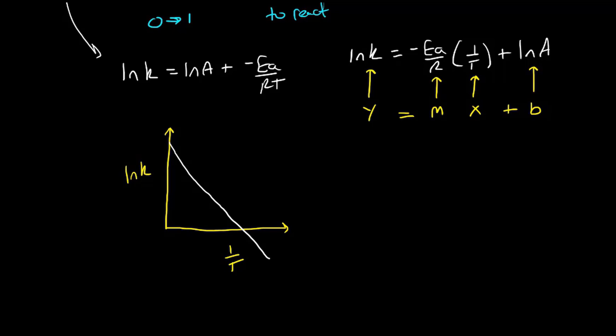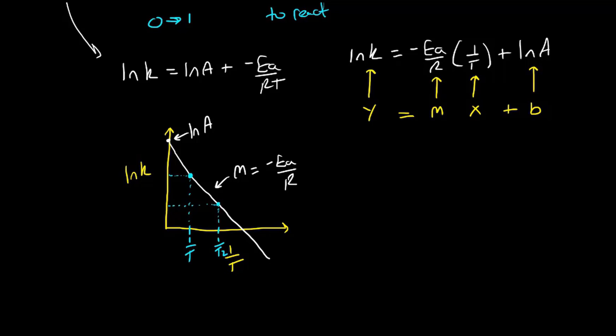Okay, and this y-intercept right here, where the line intercepts the y-axis, is the natural log of the pre-exponential factor. And the slope of this line then is equal to the negative activation energy over R. Right? So if you can measure the rate constant at two different temperatures, then we're actually able to determine the Arrhenius constant and the activation energy. So here we have 1 over T2,